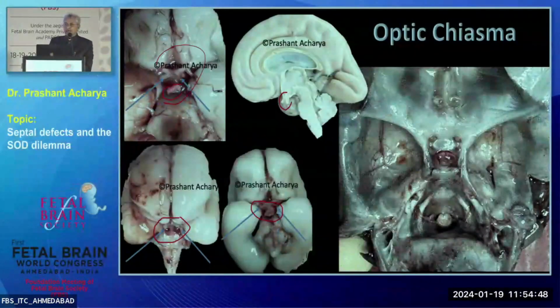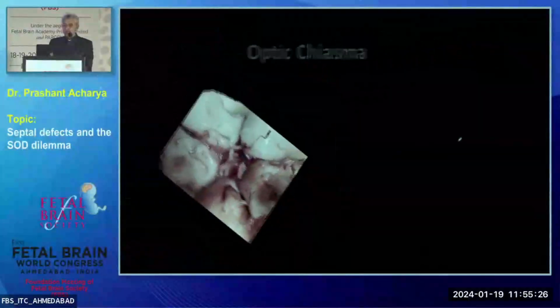But one of the most important sections is this. I have removed the brain while doing the autopsy. This is the base of the skull, and at this region you are usually looking at the middle cerebral artery. If you can see this small little hole, that is where the optic nerve enters the orbit. The course of the optic nerve is so short that it is always going to be challenging to evaluate the optic nerve itself. What you may see is usually the optic tract and optic chiasma, which will possibly be visible. It's not the optic nerve which you try to evaluate. Yes, in MRI you may go for it and possibly detect it.